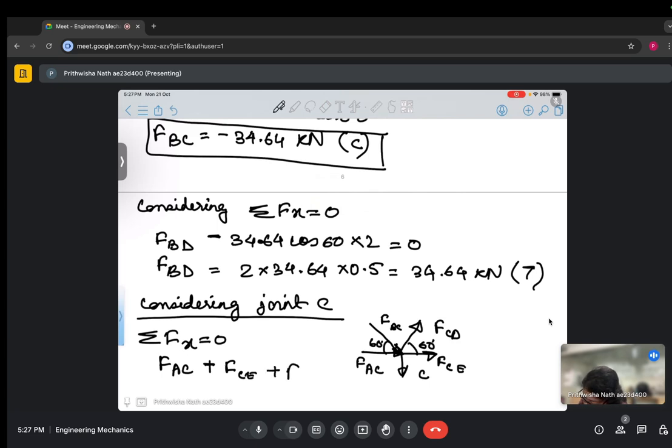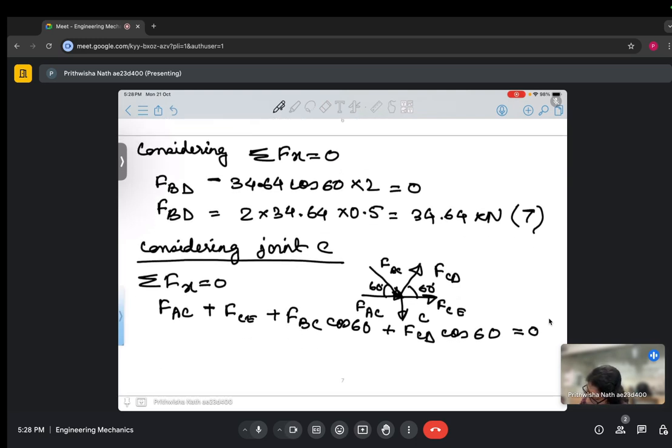Plus FBC cos 60, and this will be FCD, again cos 60 equal to 0. So